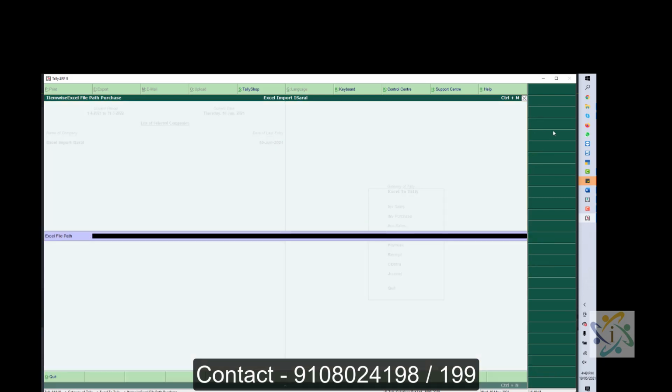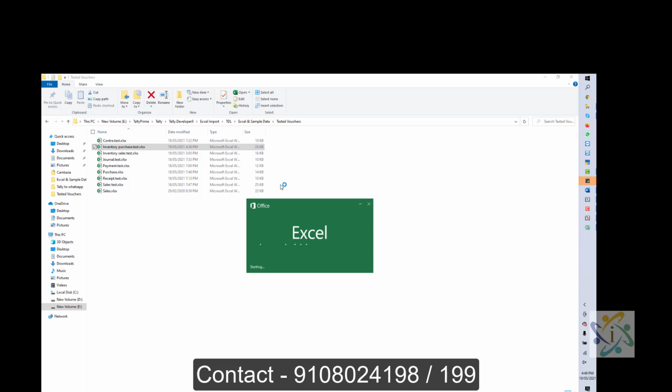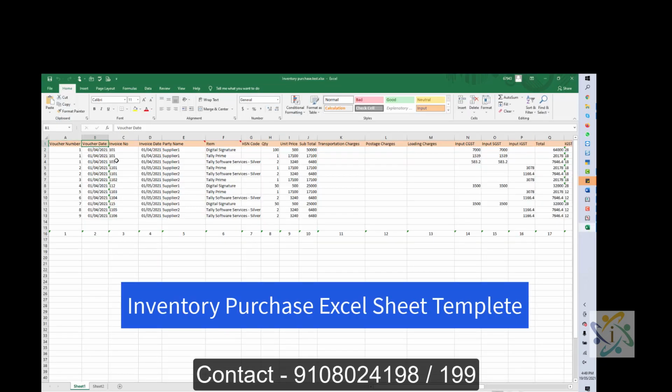Let's see inventory purchase. This is an inventory purchase Excel sheet template.